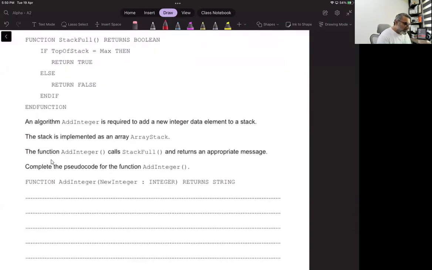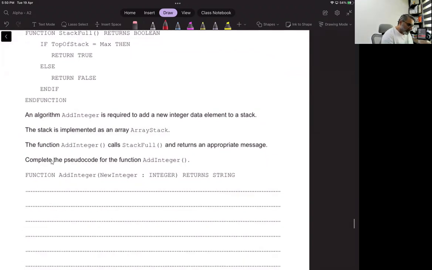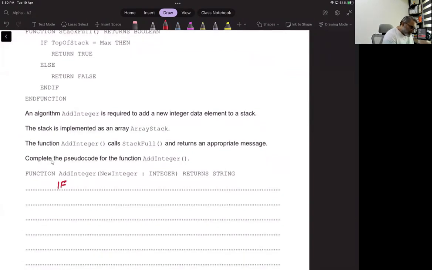An algorithm add integer is required to add new integer value elements to a stack. The stack is implemented as an array stack. The function add integer calls stack full and returns an appropriate message. Complete the pseudocode for the function add integer. Add integer, new integer is the parameter and returns a string, means a proper output. So we're going to write if stack full is equal to true,